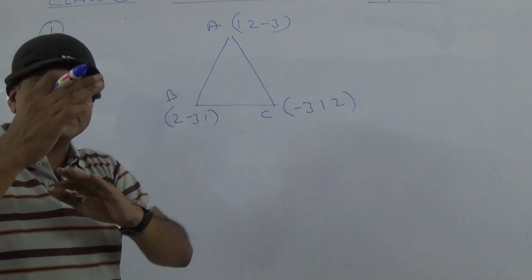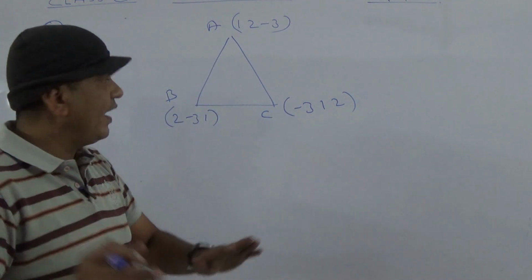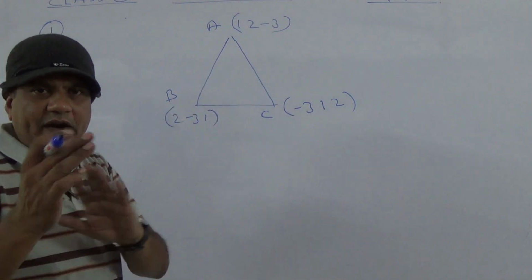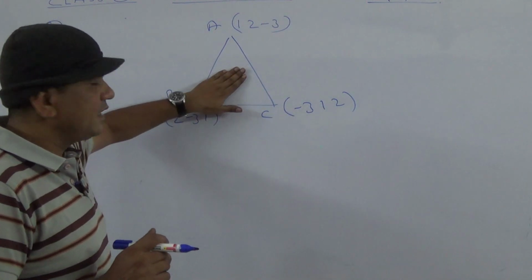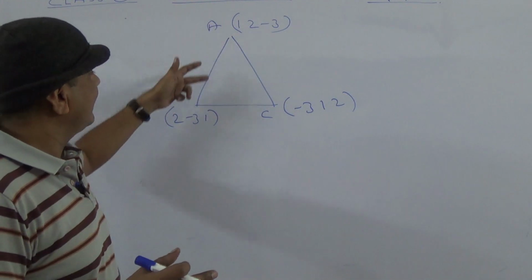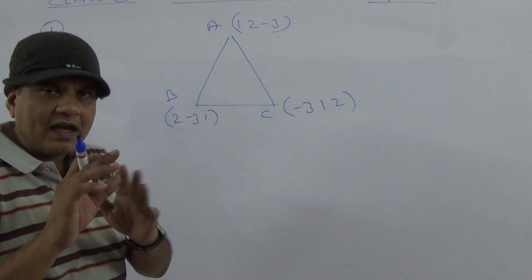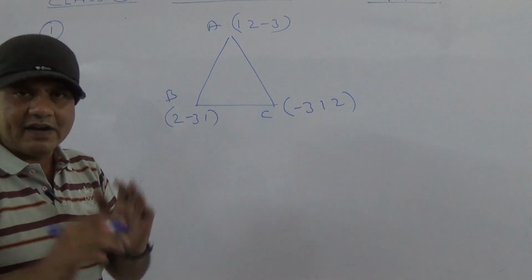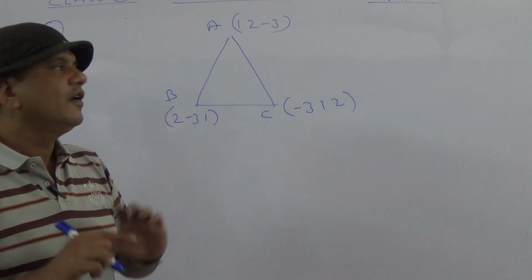To get the circumradius we need the circumcenter. Now how to find the circumcenter? To find the circumcenter of a triangle, before that check whether the given triangle is an equilateral triangle or a right angle triangle.